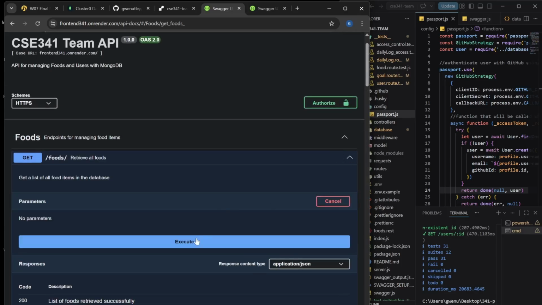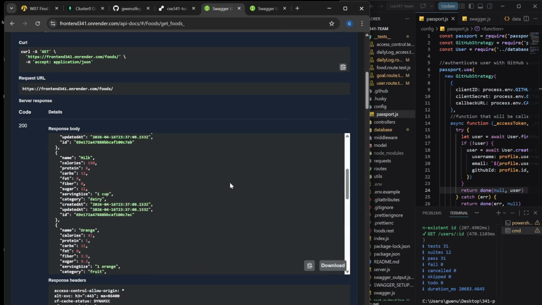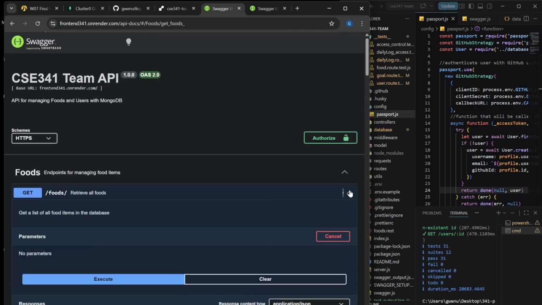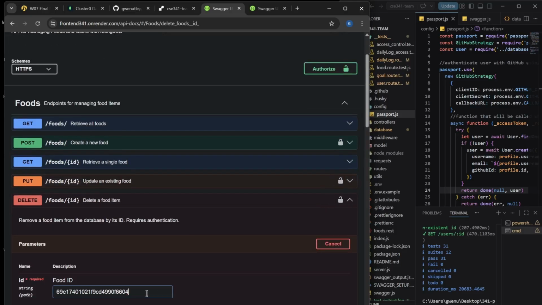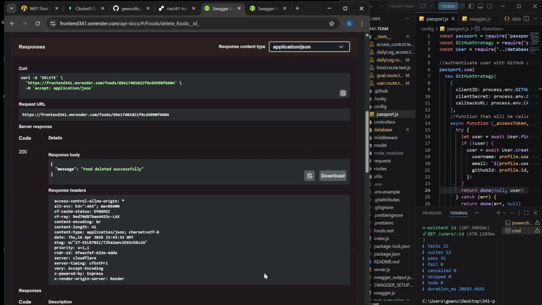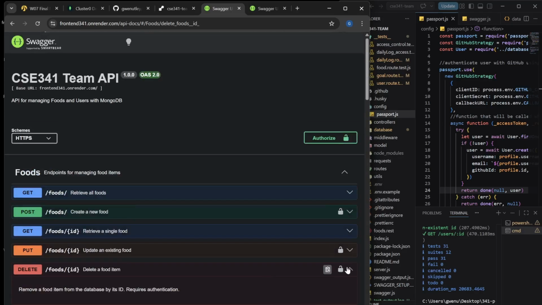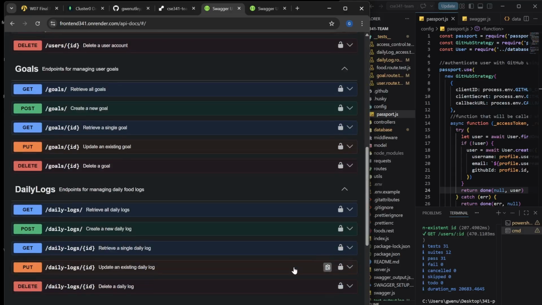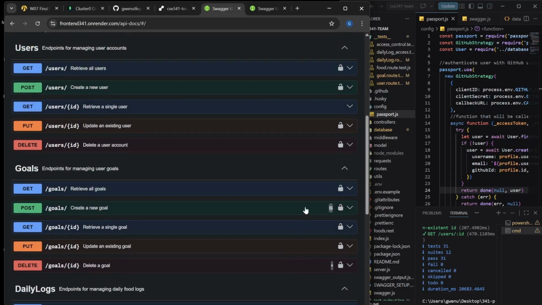If we get them all again, scroll down, you can see it changed to chicken. And last, we're just going to delete it. So deleted successfully. So that should work the same for all of these different routes. Another example that